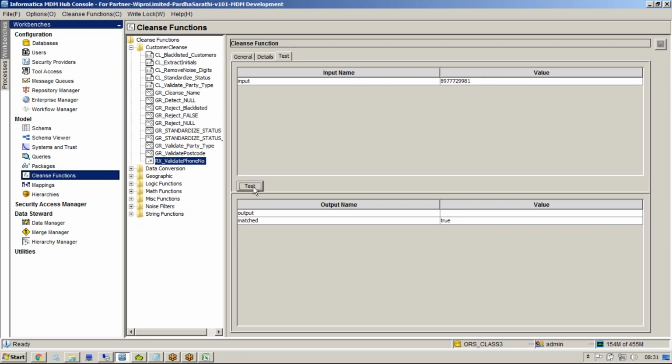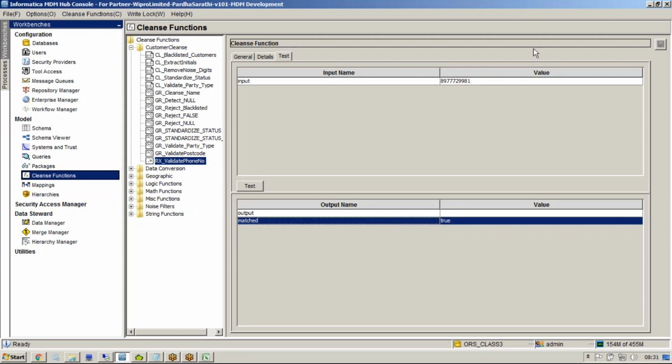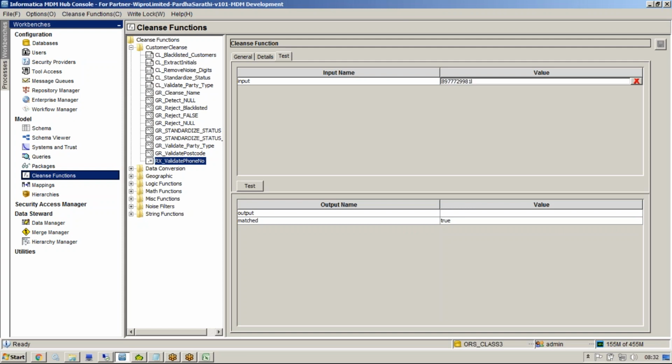Okay, test it, match is true, it's a 10-digit number. If I give an 11-digit number, test it, false, right? And if I give a 10-digit number, working. And if I give an alphabet also, not working. Let's say 10 digits with an alphabet, not working, and not working means that's correct. Okay, so this is working fine, but the problem is that in India,